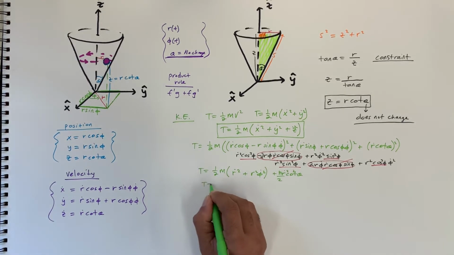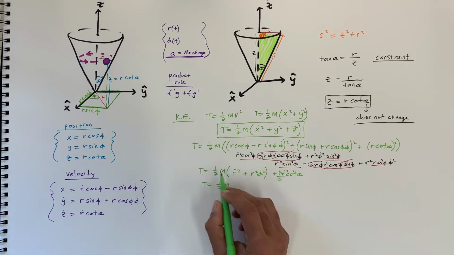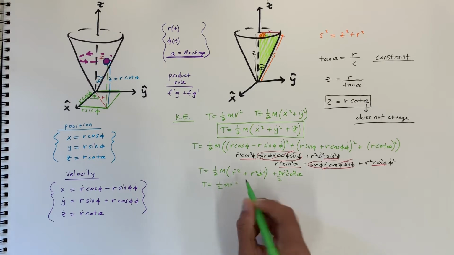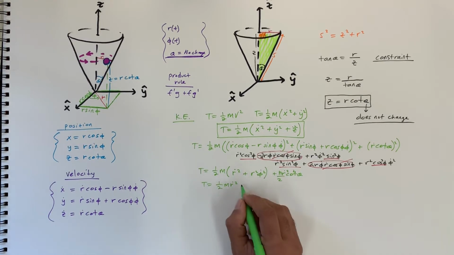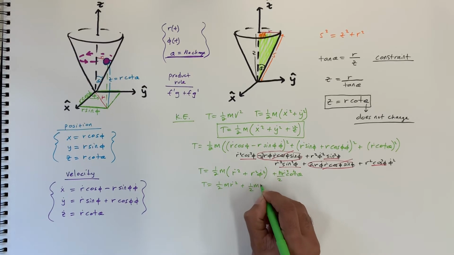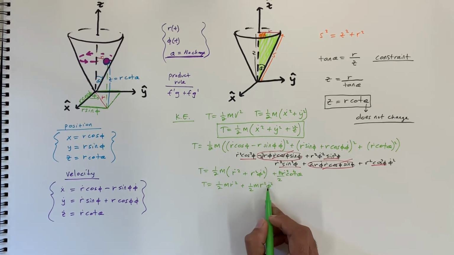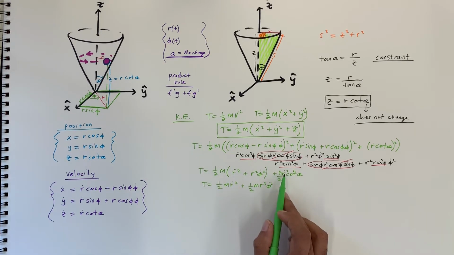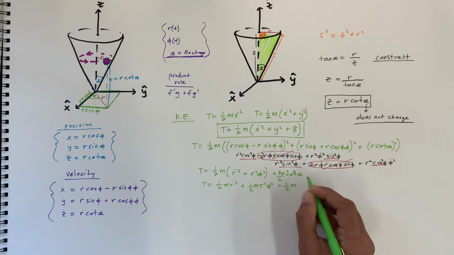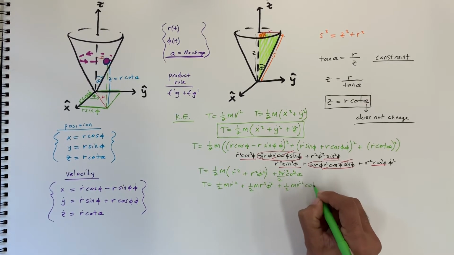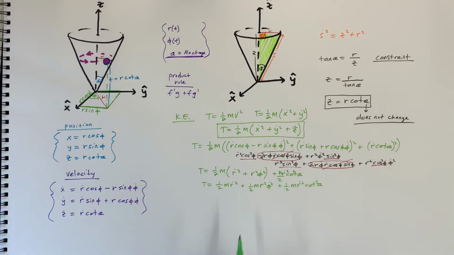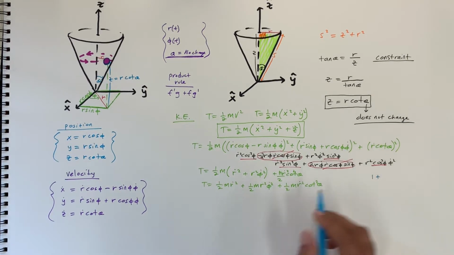Okay, so let's distribute everything out. So 1/2 m r dot squared, for this we distribute it into this one, 1/2 m r squared phi dot squared, and we distributed already into the third term, that m over 2, so plus 1/2 m r dot squared cotangent squared theta. All right, so if we combine this term here and this term here, let me write on the side what we're gonna have. So we're gonna have 1 plus